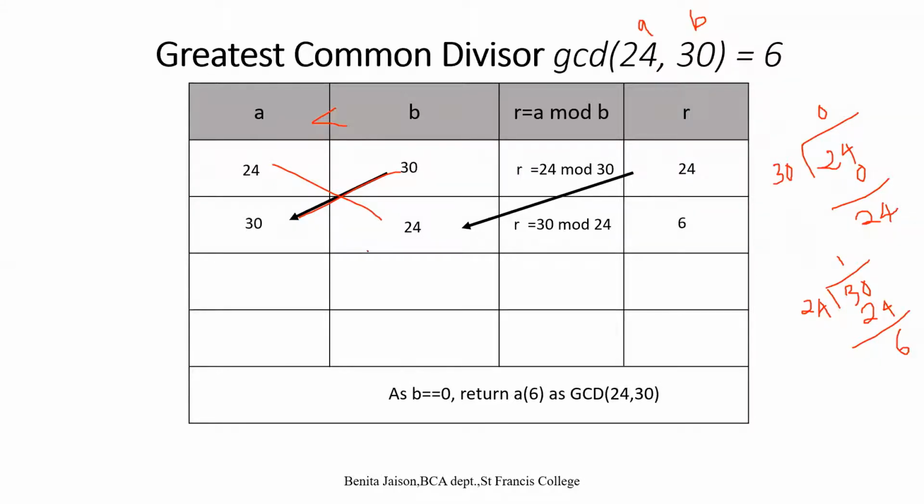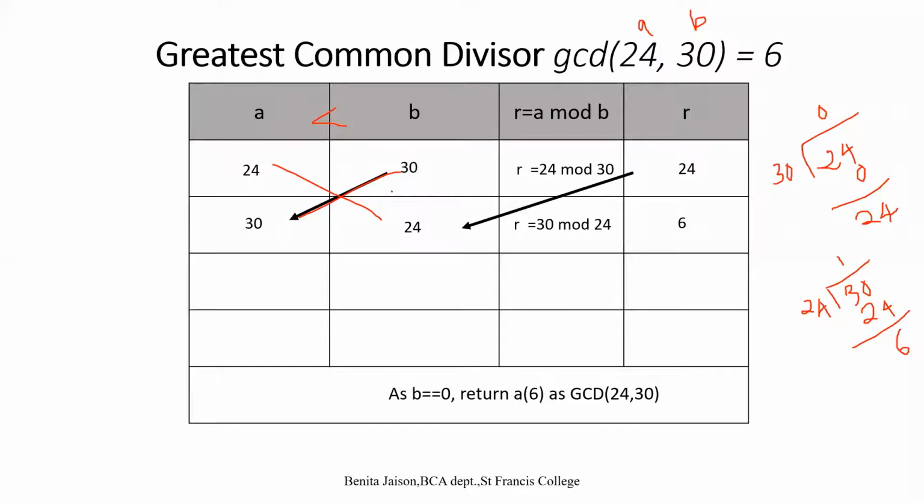Got it? So when we learn such things, we should understand that for swapping two values, if you don't have any temporary variable to swap, you can use this method also, right? Finding the mod, it will be swapping the two values. So here we are using the value of R as the temporary value. Okay. So all this we are learning in order to get some logic. So you have to understand that you did one extra swapping or one extra row in order to do the swapping of A and B.